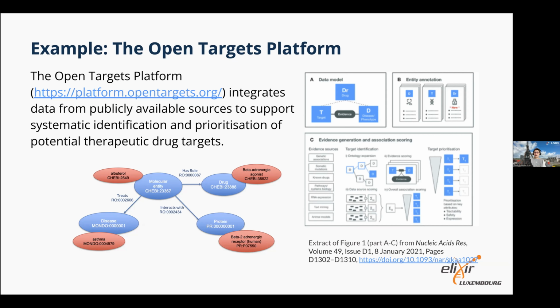And then there's an underlying data model, which is deceptively simple. It's more complex than what this now shows. This is just an extract of it that says how various entities are related. So the core data model is drugs, drug targets, and diseases and phenotypes. And just using the facts that have been curated in these various public sources, it builds up this huge knowledge model that can then be used for finding new drug targets.